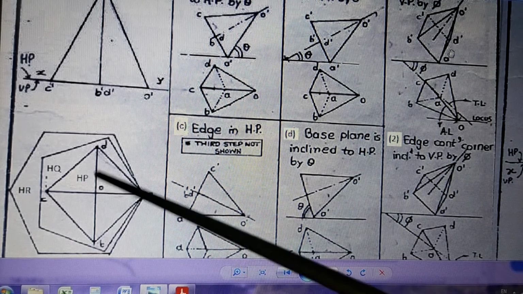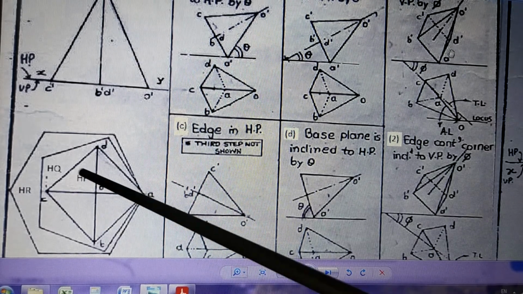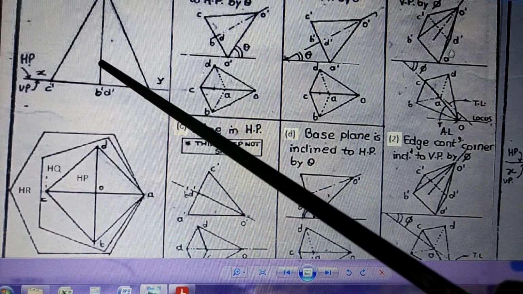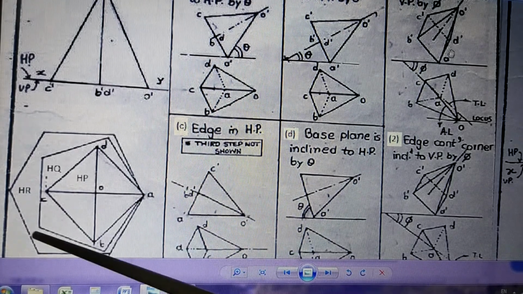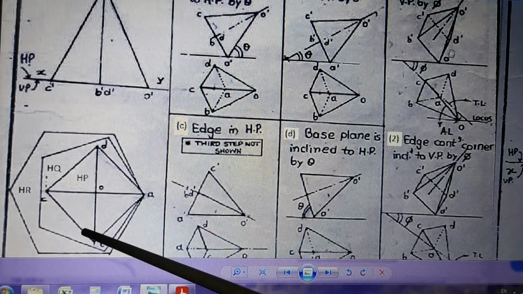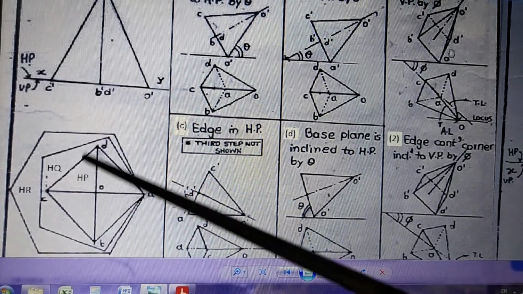So when you see from front, this surface is here, this surface is here, and these two surfaces have gone behind. We have drawn it for the square pyramid. Similarly, you can draw for the pentagon and hexagon. But let us concentrate just now only on the square pyramid. Now this is the first position.